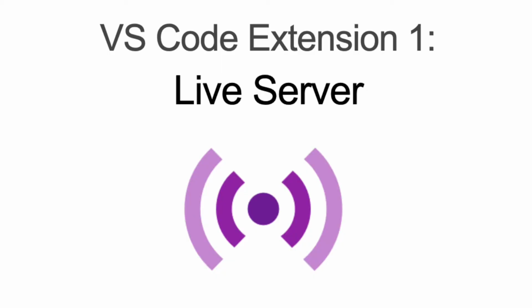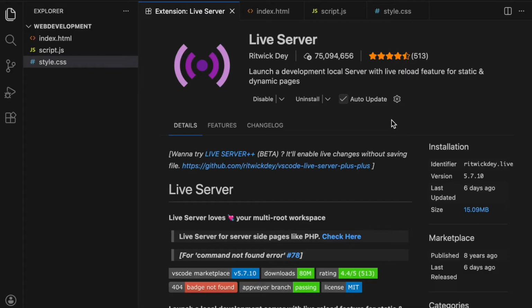VS Code Extension 1, Live Server, lets you spin up a local development server with automatic browser reloads so you can instantly preview your HTML, CSS, and JavaScript changes as you code. Go to the Extensions view in VS Code, then search for Live Server and click the Install button to download